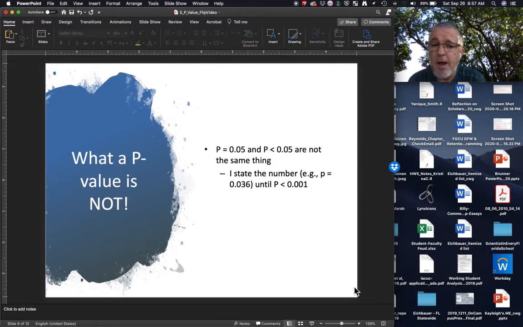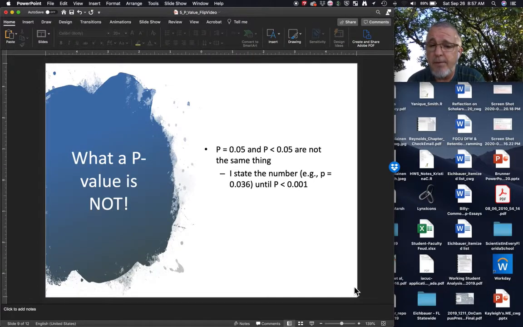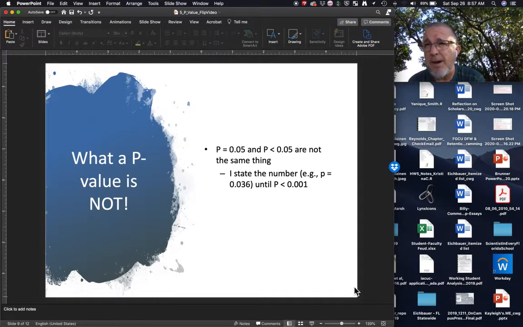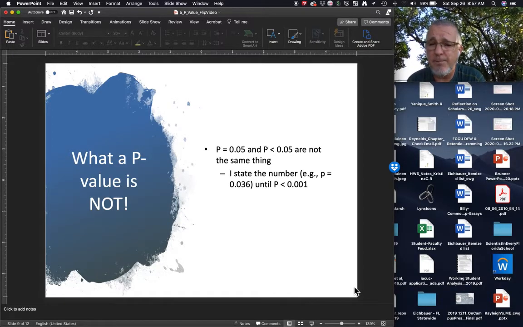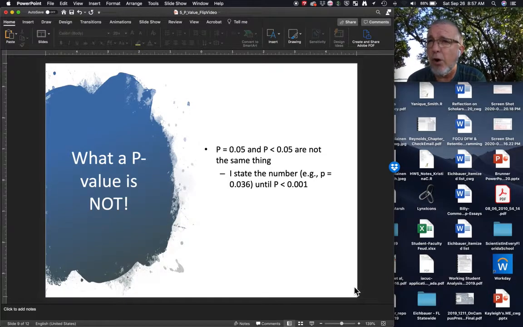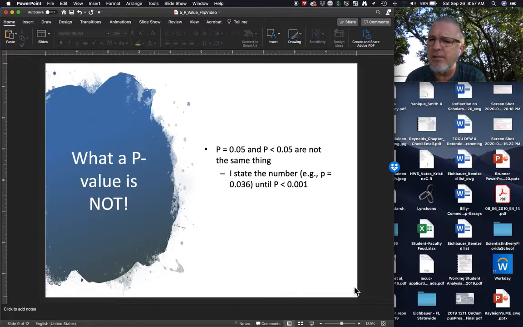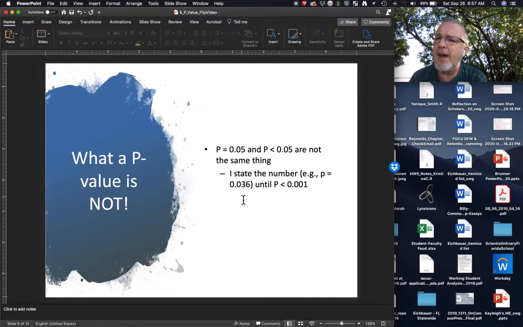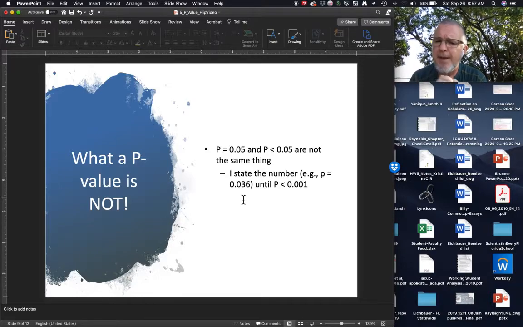Another thing, a p-value of 0.05 versus a p-value of less than 0.05 are not the same thing. Less than 0.05 means that there is a smaller than 5% chance you'll make a mistake if you reject the null. A p-value of 0.05 means that there is a 5% chance of making a mistake if you reject the null. In class and in my own writing, I tend to describe all p-values exactly until they become less than 0.001. So if a p-value is measured out at 0.036, like you see right here, or measured out at 0.002,